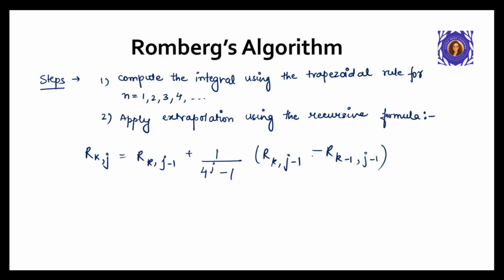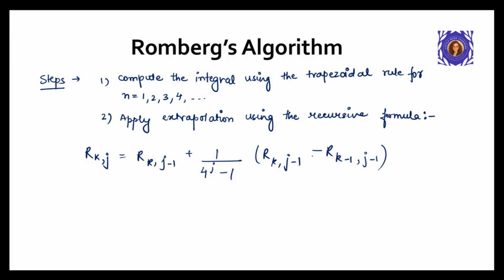Alright, now we get into more advanced territory with Romberg's integration. This method takes the trapezoidal rule and repeatedly refines it using something called Richardson extrapolation. What's that? Basically, we use a smart recursive formula to eliminate error terms and get a highly accurate estimate of the integral, and fast. You start by computing trapezoidal approximations at step sizes h, h by 2, h by 4, and so on. Then you combine those values in a table to extrapolate a better estimate.